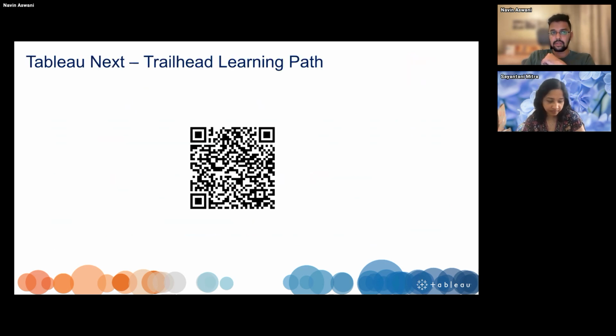So with that, I would like you to scan this because this has been recently released by Salesforce. This will give you all the information from the very start, how you can configure it, how you can start using Tableau Next. You can do your learning path. This has been recently released, I guess, 2 weeks back or 3 weeks back. So you can quickly take out your phone and scan this QR code.